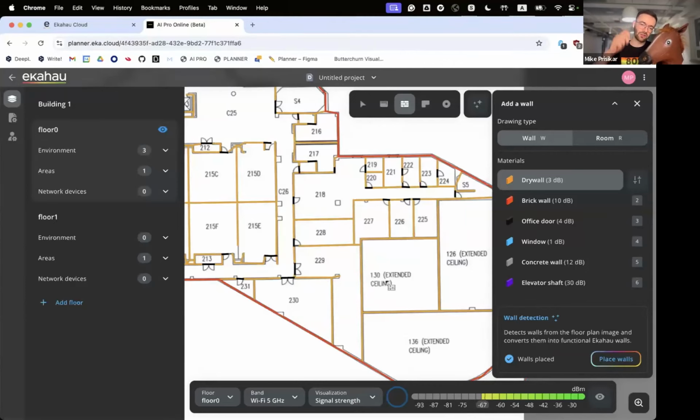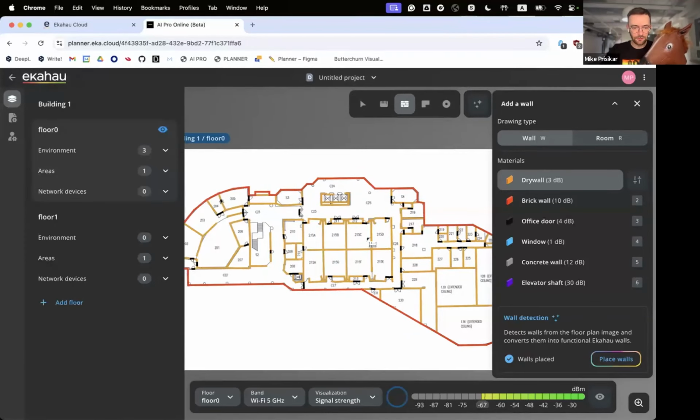Actually, we even tried to draw a floor plan just by hand. We did some really rough floor plan, just tried to upload it, and our algorithms were super easy to crack that kind of task. So our algorithms can detect all different materials inside your floor plan. So yeah, we're done with the floor plan.